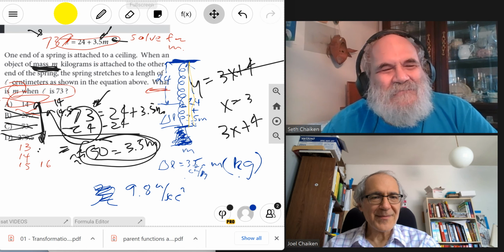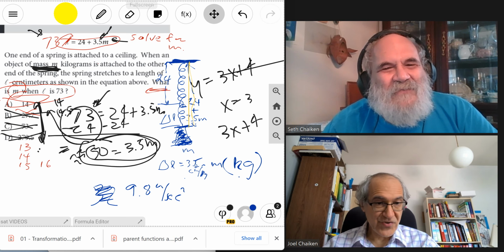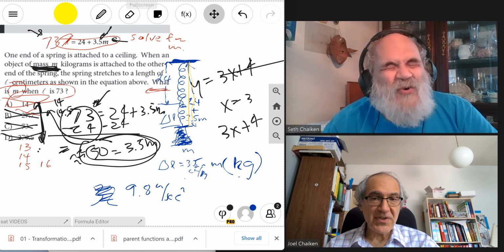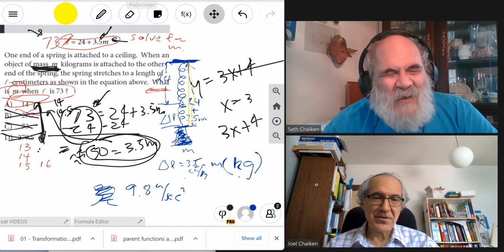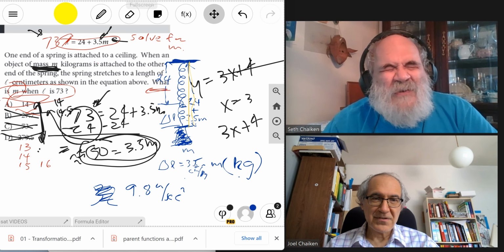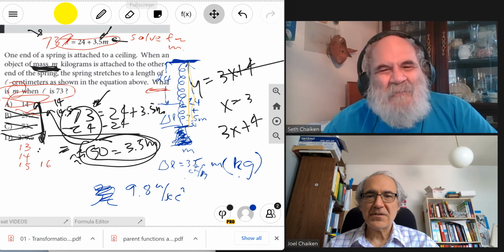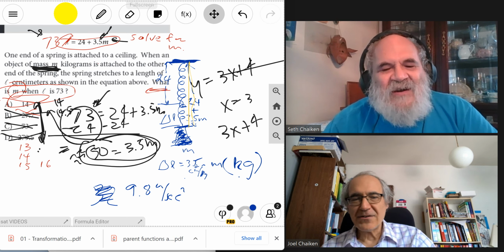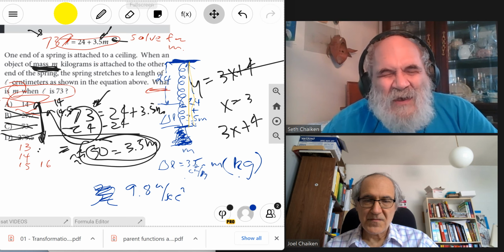Now, Seth, you said something about the moon. On the moon, isn't the force it takes to pull a spring still proportional to the length? Yeah, but that's not what you said. You said on the moon it doesn't hold. Yeah, when you measure the force using a unit of force, like a newton. But here, in physics,